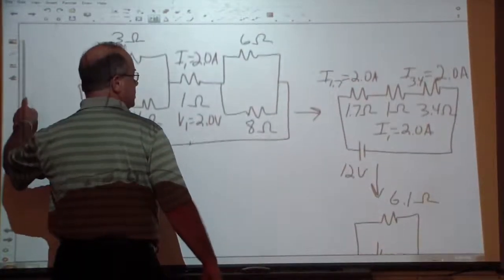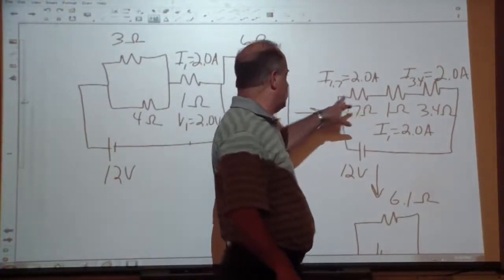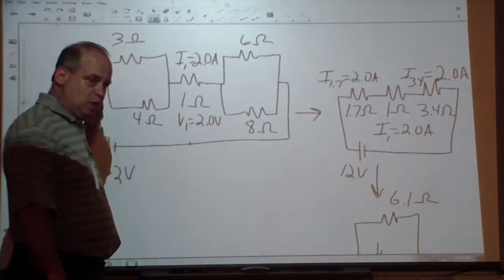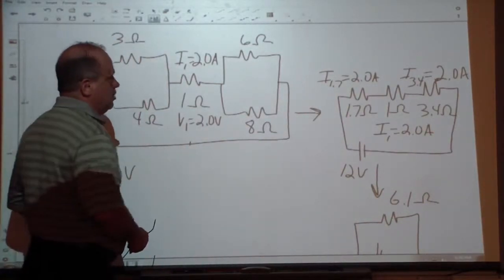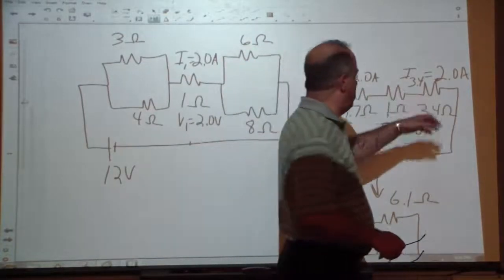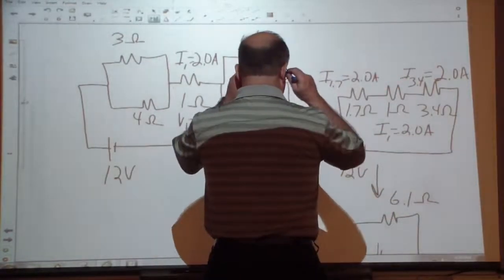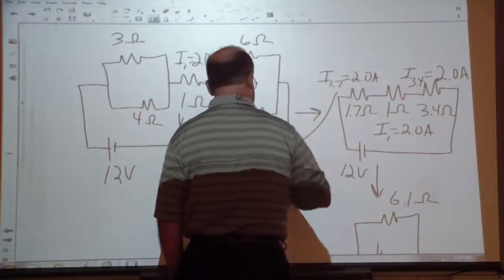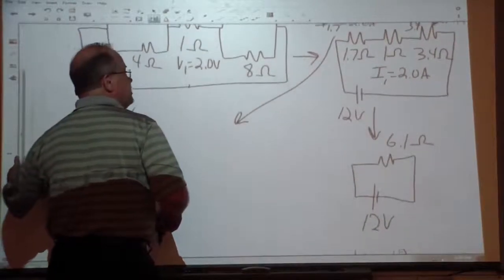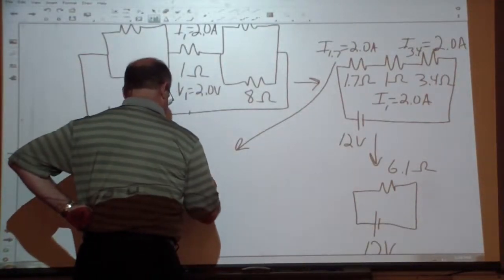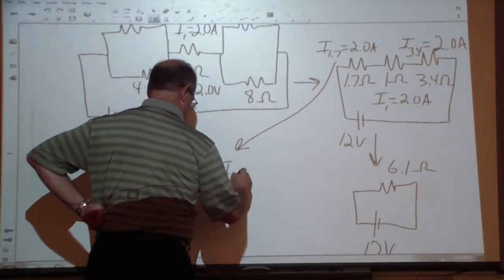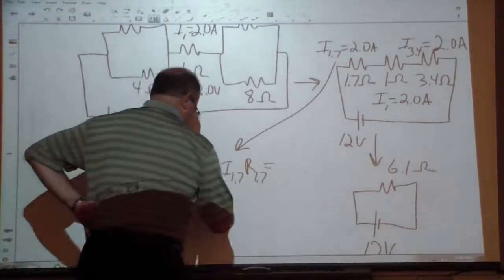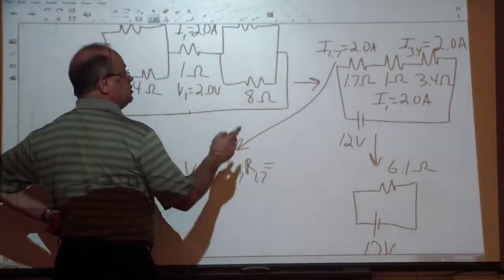Okay, look at this, guys. This one comes from these two right here, which are in parallel. So if the REQ comes from 2 in parallel, same what? Same voltage. So, oh, we got to get the voltage for that and that, don't we? All right, let's do that. Get this voltage here. Don't pull that one down and do it, okay? All right, so V equals IR. Oh, this is 1.7 stuff, which equals, let's see, the current is going to be 2